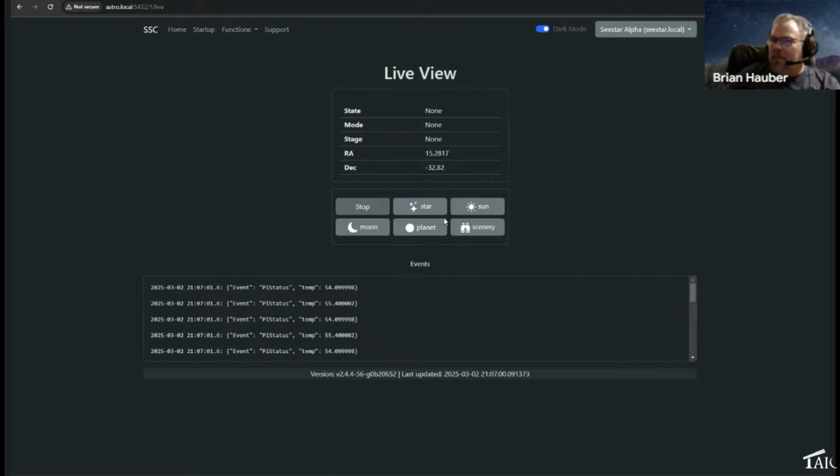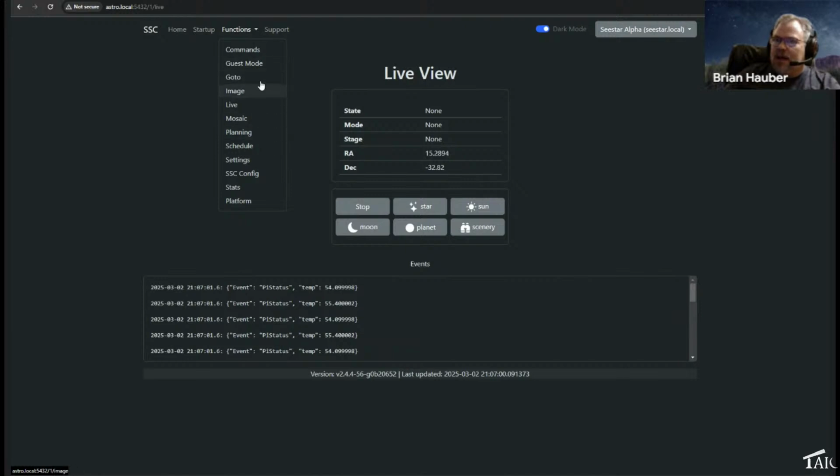But we do have star mode, lunar mode, and solar mode, and planetary mode are something that are not implemented quite correct yet. That is something that we are going to focus on in the near term, obviously with the lunar eclipse coming up. So we'll get that working here, in the next week or so, hopefully, before that happens. So that's kind of the basis of our tool here.